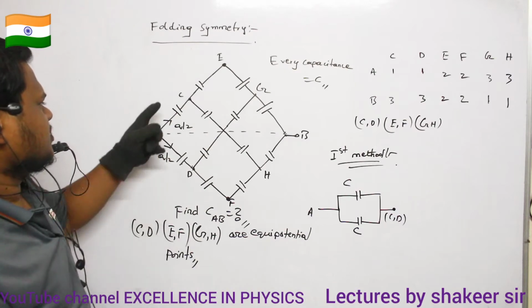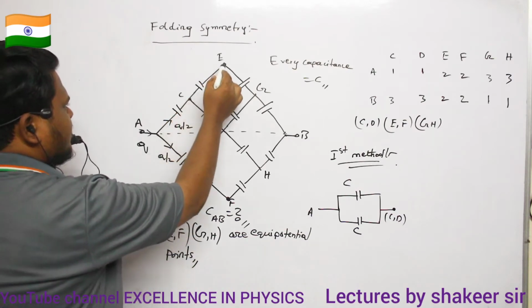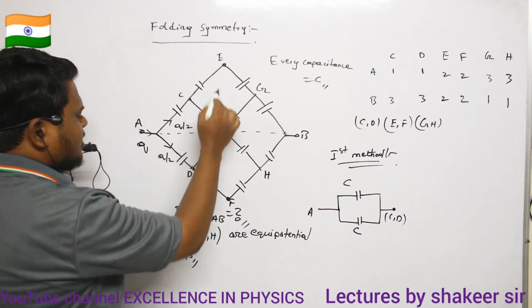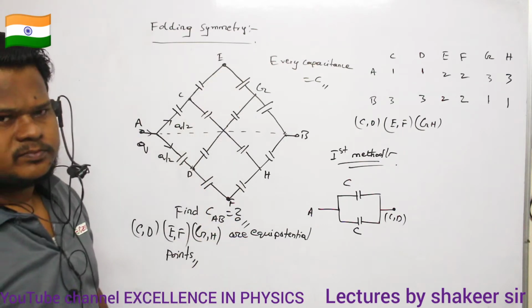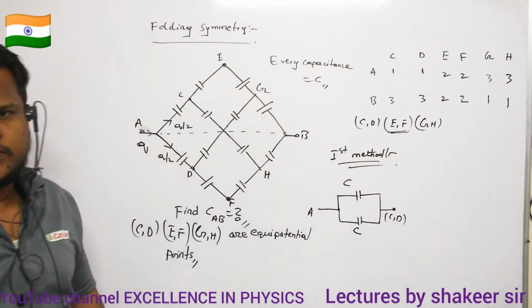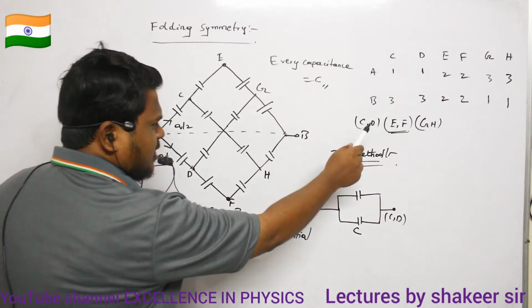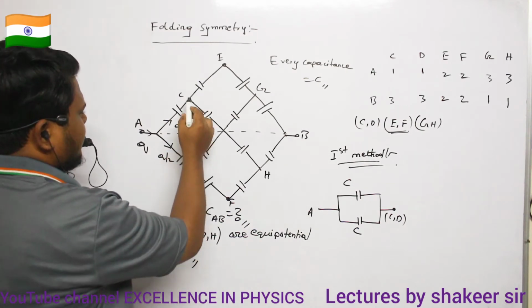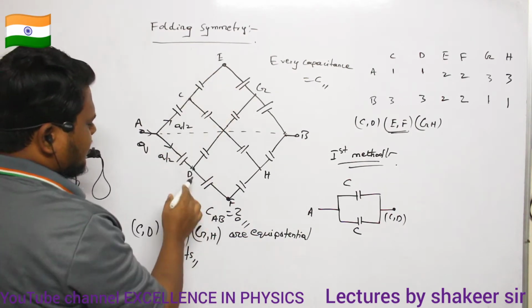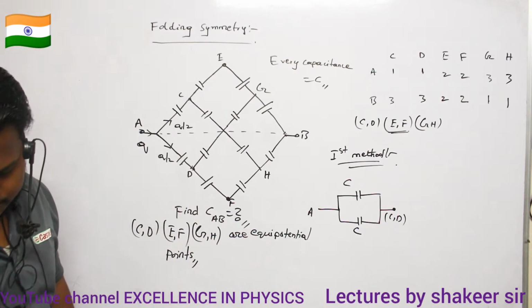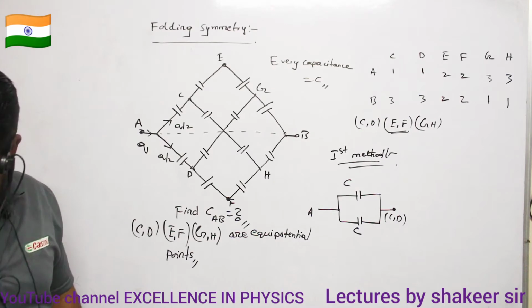Okay? So next from C I will reach point E. So C to E and D to F. E and F are equipotential points, no? Are you able to understand? What is the next pair of equipotential points? E and F are equipotential points. So therefore, in reaching from C to E and D to F, how many capacitors are there? Can you see? How many capacitors are there now?